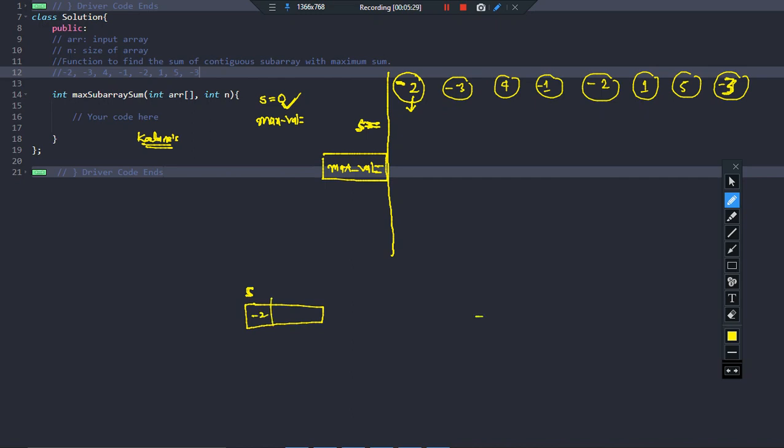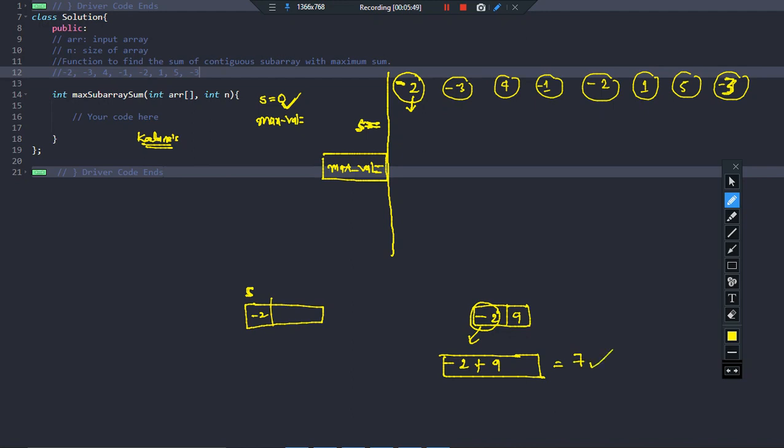Now see, suppose I have element -2 and 9. Suppose the size of the array is 2. Now if I ask you the maximum possible sub array, do you think I will take -2? I will basically not take -2. Why? Because suppose I am taking -2 and later on I come across 9, and if I take 9, the sum becomes how much? 9 minus 2 equal to 7.